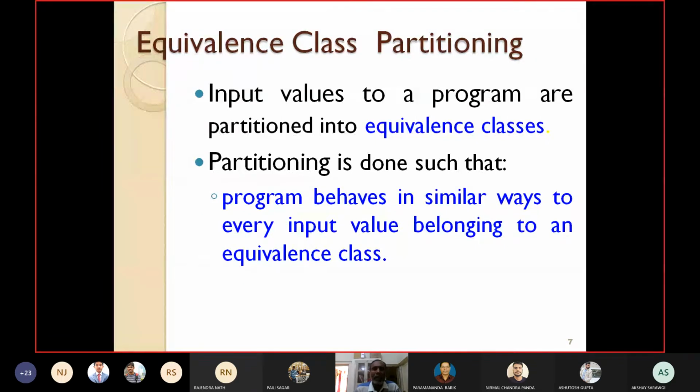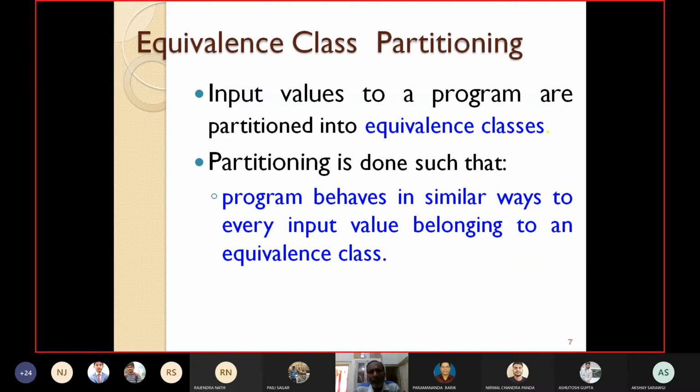The partitioning is done in such a way that the program behaves in similar ways to every input value belonging to an equivalence class. Here I want to give a small example of the equivalence class.